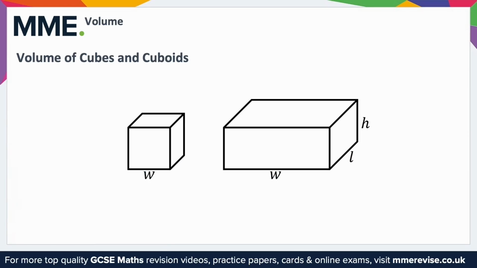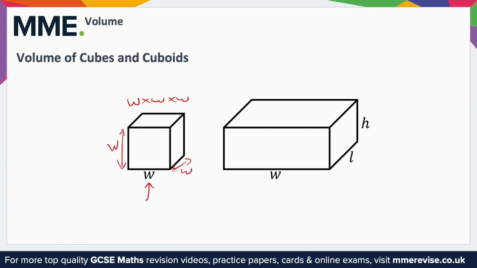To find the volume of a cube, you're going to need its side length. And nicely, we know with a cube, all of the dimensions are the same. So if this side is W, this side would be W. And then also the depth of this side would be W. So to work out the volume of a cube, all you need to do is W times W times W,